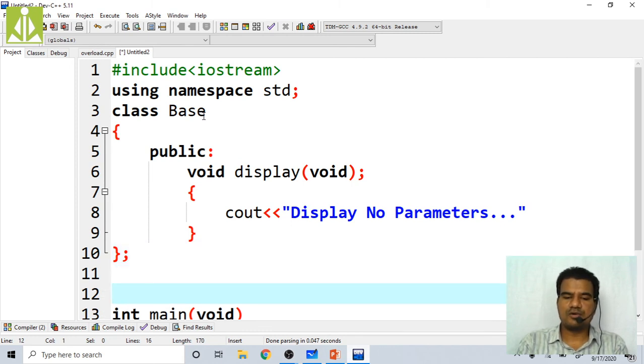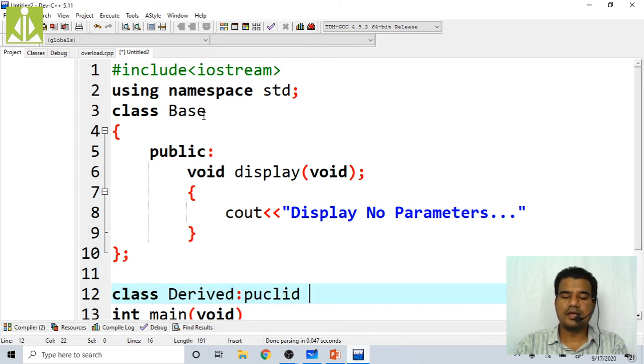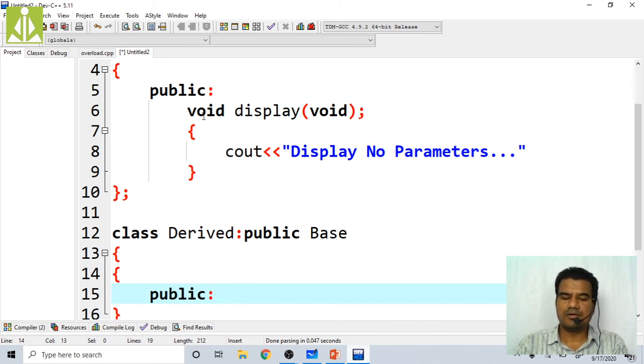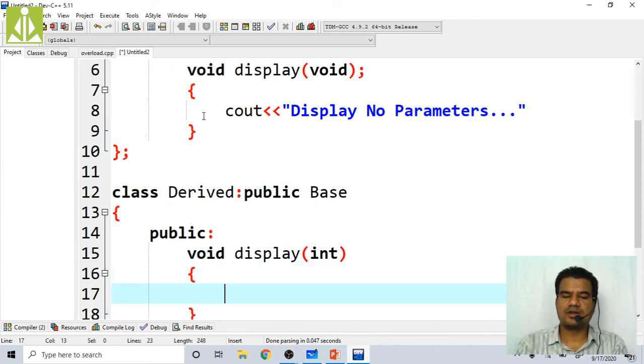Now what I am doing, class derived, publicly inheriting base. Inside it, again I am taking public, method name is void display of, and now I am taking an integer, just for difference.